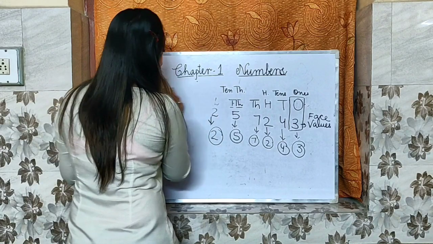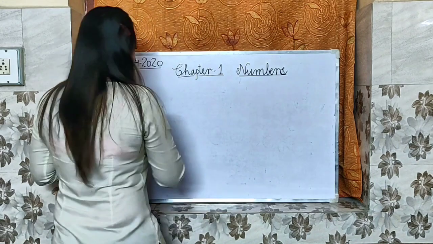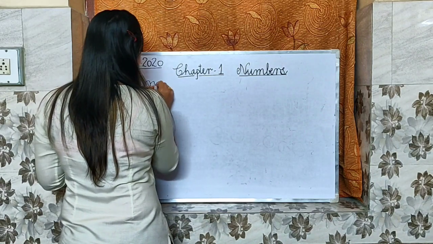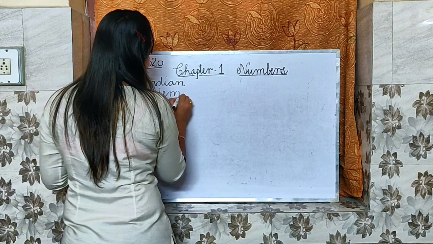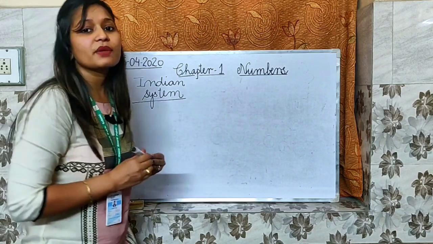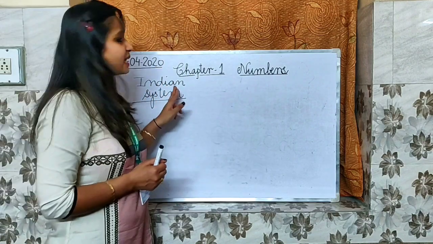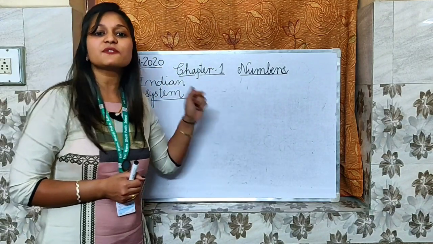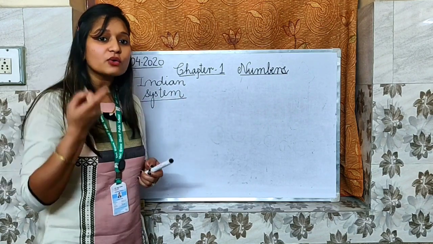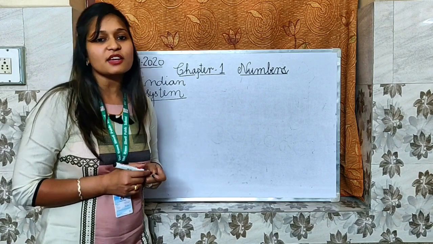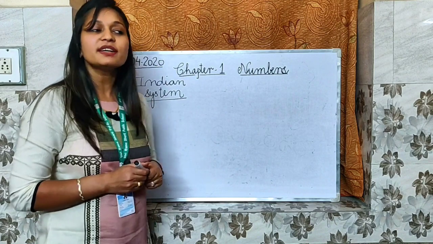Now we are heading towards our next topic, that is Indian number system. Our new topic of today is Indian number system or Indian place value system. What do you mean by Indian system? Indian, you can see, comes from India. So yes, the system of numbers which is followed in India is known as Indian system. What if a system is followed outside India? Then that is called international number system, which we will be reading in our next classes.